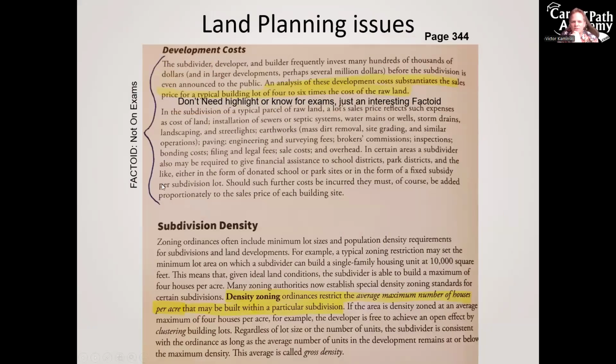The development cost, this is just a factoid, it's not on the exams for you. How do we factor in those development costs? What do those development costs consist of? Well,